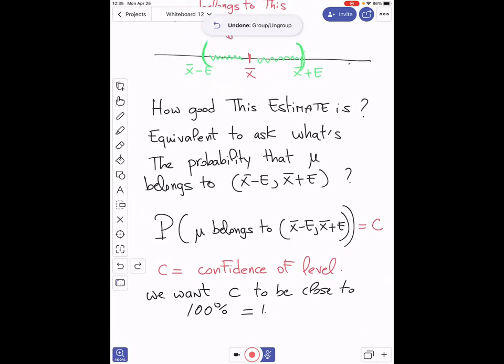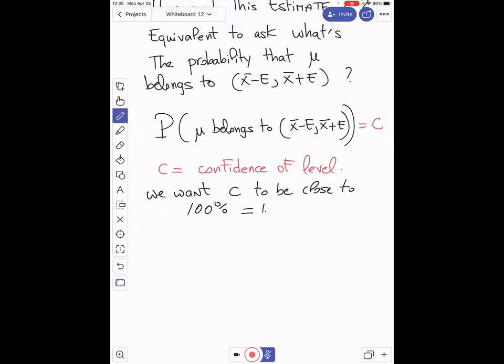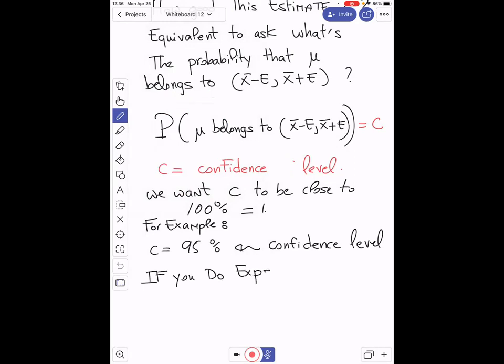For example, let me just give you a numerical example so you can see what I'm talking about. Let's say your confidence level C is 95%. So in other words, if you do the experiment, let's say 100 times,